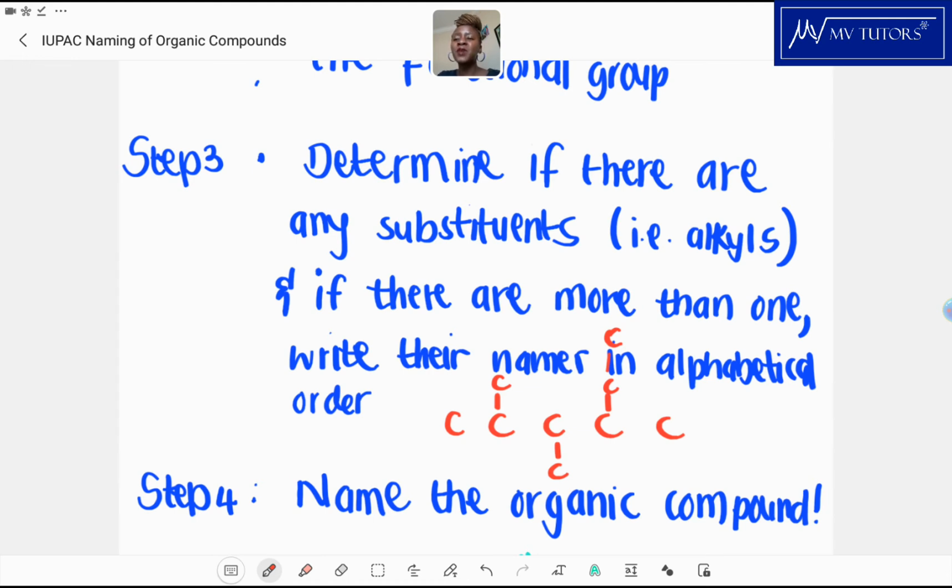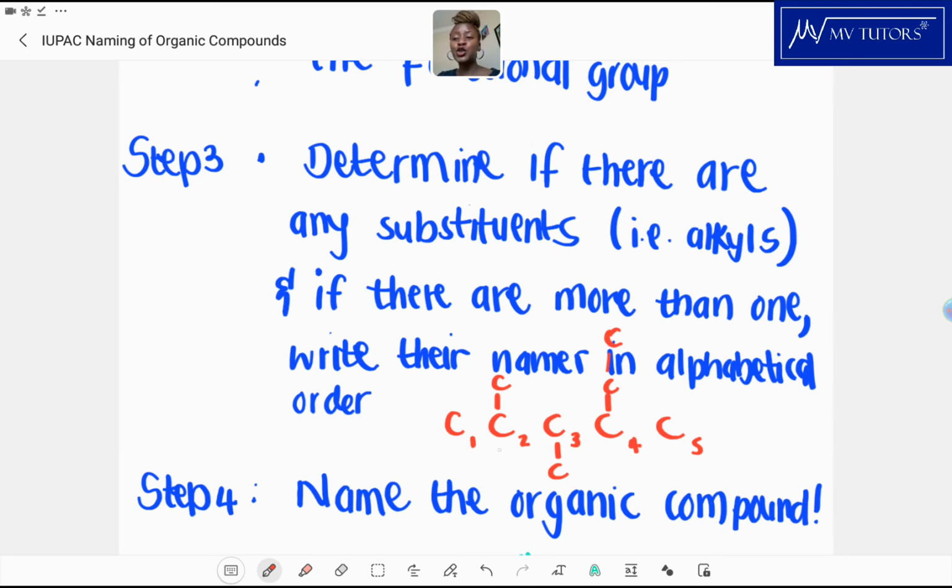So if there are more than one, write their names in alphabetical order. So I will start naming them from this side. I have the 1st carbon, 2nd carbon, 3rd carbon, 4th carbon, 5th carbon. Here I have a methyl, it's on carbon 2. On carbon 3, I also have another methyl because it's just 1 carbon in that branch. On the 4th one, I have 2 carbon atoms, so it's an ethyl. So E comes before M, so I would say 4 ethyl,